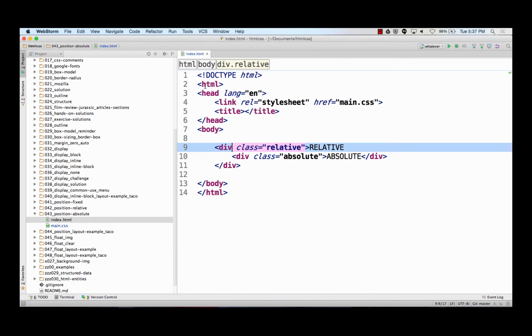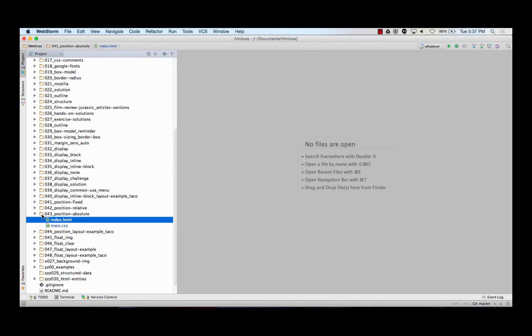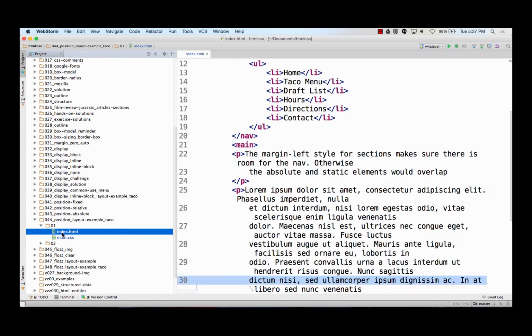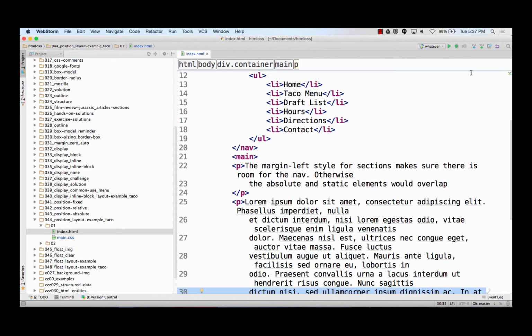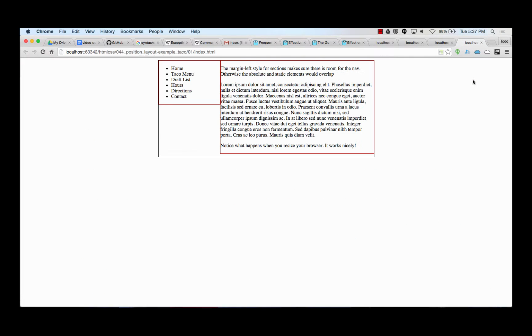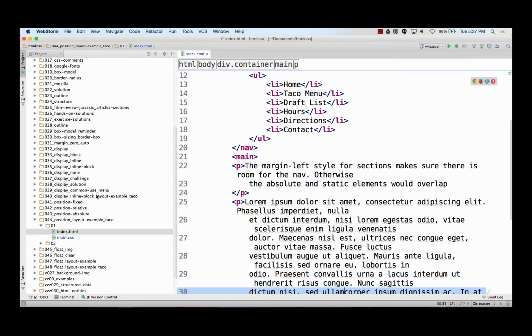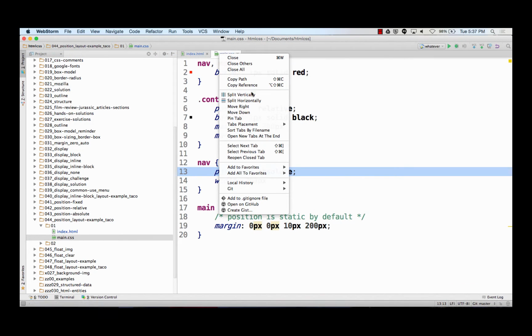I didn't include any notes about absolute. That's absolute. So here's the taco truck example for doing it with position. Same deal. Taco truck, but instead of doing inline block like we did here, we have done this,